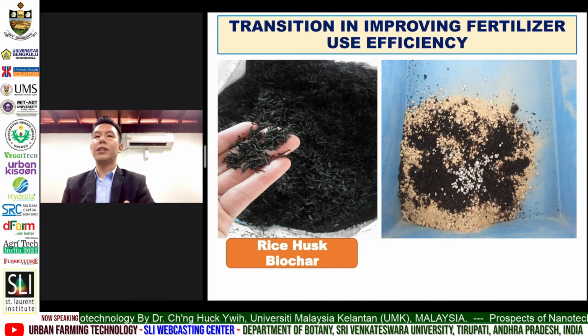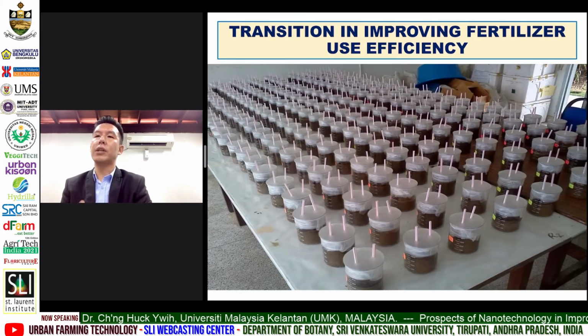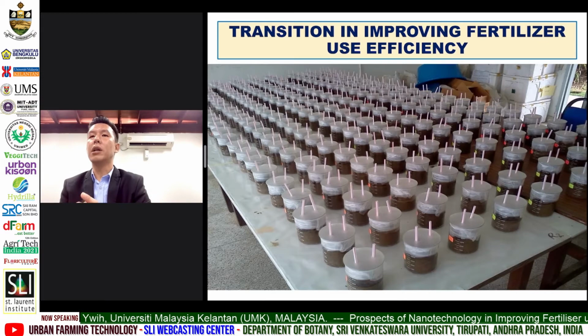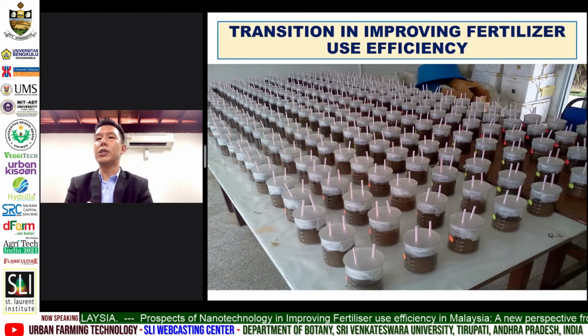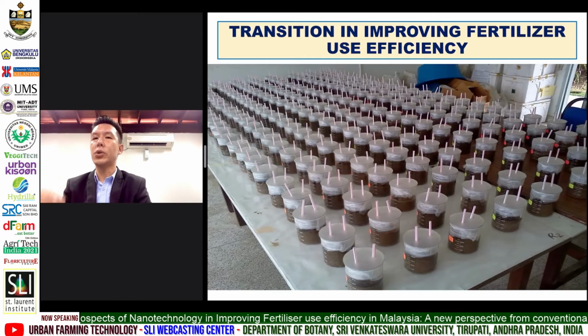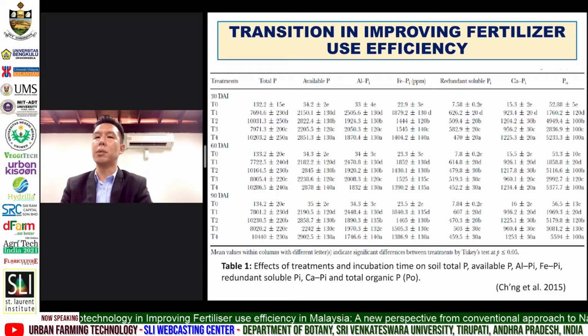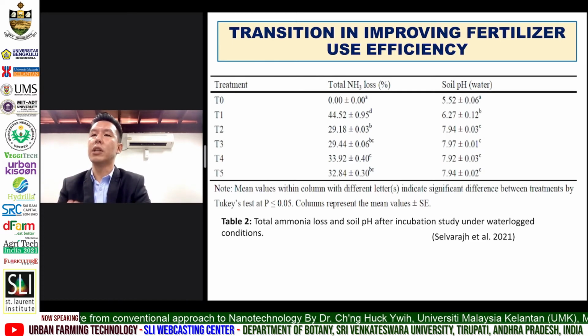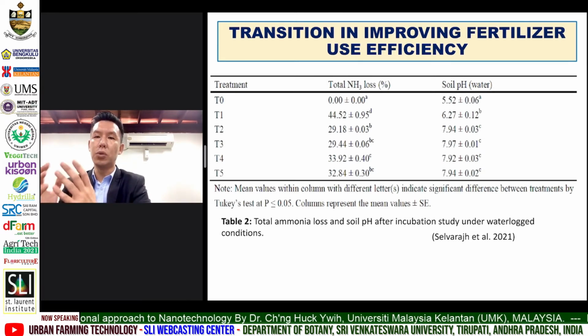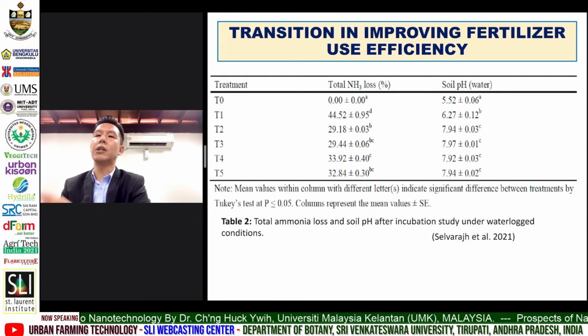In this case, a laboratory scale incubation study was carried out to assess the effects of amending the organic amendment with nitrogen and phosphate fertilizers in reducing the phosphorus fixation problem and ammonia volatilization problem. At the end of the study, soil with the organic amendment treatments T2, T3, and T4 produced more available phosphorus compared to T1, which is the chemical fertilizer alone. We also can see that treatments with organic amendments significantly reduce the ammonia loss compared to T1. This has indirectly improved the fertilizer use efficiency by retaining the nutrients in the soil for a longer period to allow absorption by the plants.